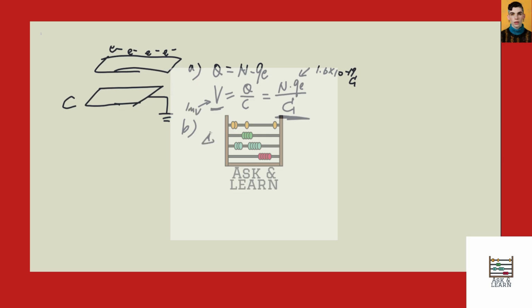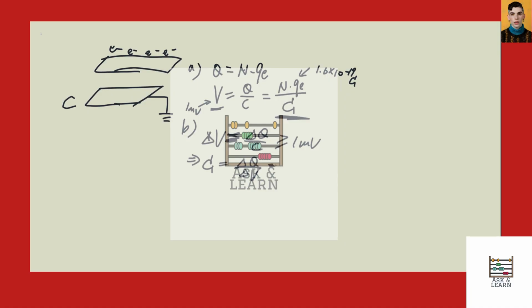So we have delta V equals delta Q over C. In order to have delta V larger than or equal to 1 millivolt, we need C equals delta Q over delta V,